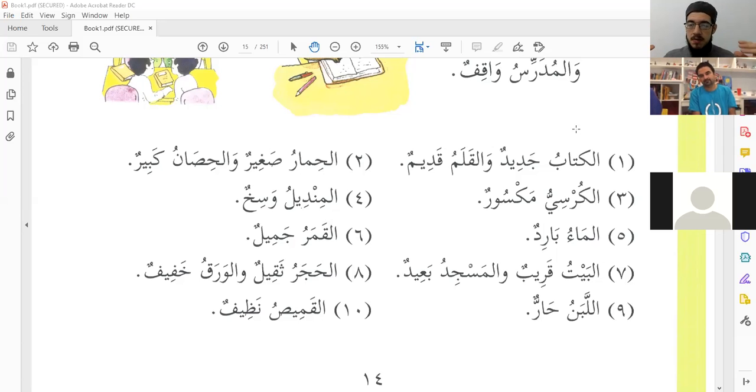And then we learned that each of these two parts has two essential qualities. The mubtada has two qualities, the khabar has two qualities. The first thing we learned about the mubtada is that it has to be marfu'. Remember, that was when we were talking about grammatical case. Why does it have a dhamma on the end? Why not a fatha? Why not a kasra? Why not a sukun? We said this is because the mubtada and the khabar are both in this grammatical case. In English, it's called the nominative case. And all you need to know is that it's called marfu' and that we show it by some sort of